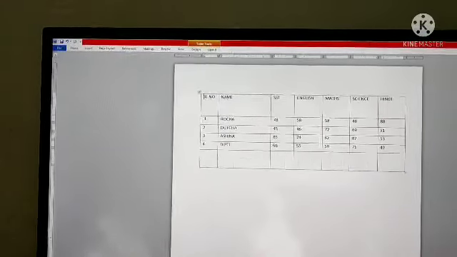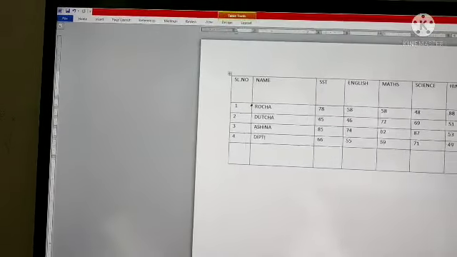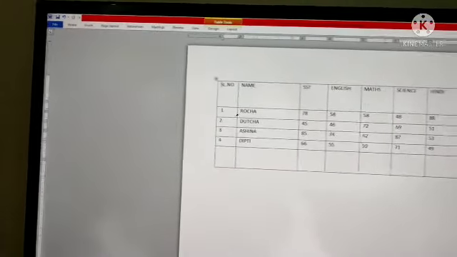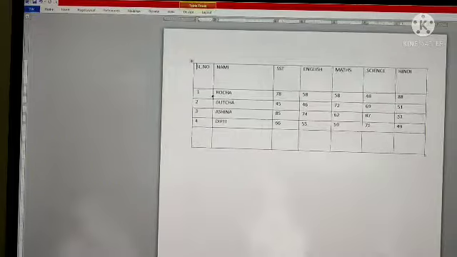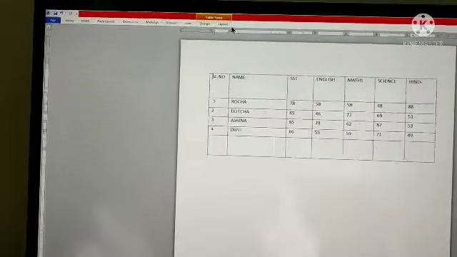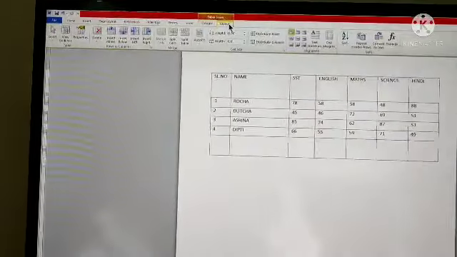I want to remove this boundary line between them. So what will we do? We will go to the Layout tab here, click here, then click on merge cells.